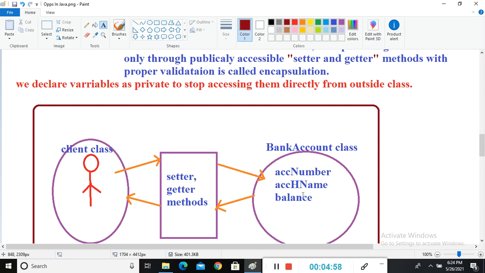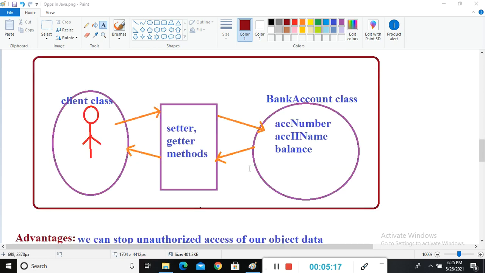You can see here that these variables I will declare private. When we implement it programmatically, I will show you how these setter and getter methods work. So the user cannot directly access private data, that's why we use setter and getter methods in encapsulation.